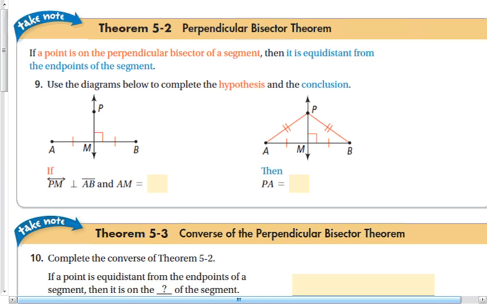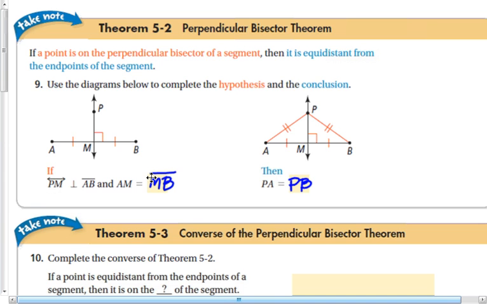All right, so here's the theorem we're going to be using. A couple of theorems. If a point is on the perpendicular bisector of a segment, then it is equidistant from the endpoints of the segment. So in this one, if PM is perpendicular to AB and AM is equal to MB,